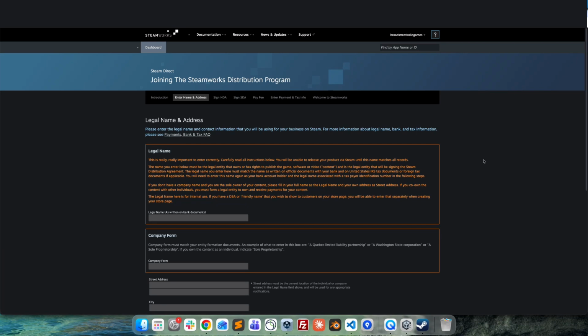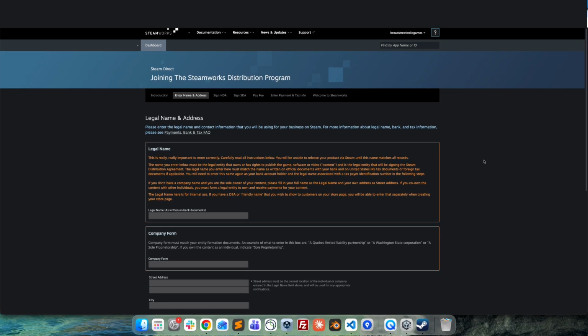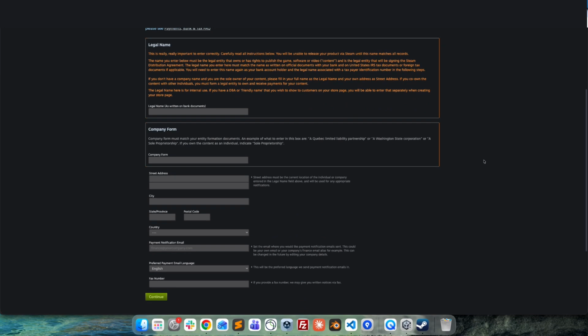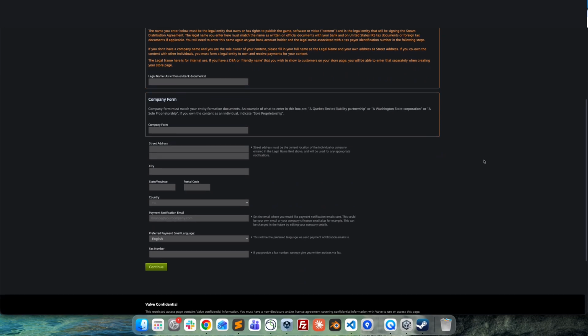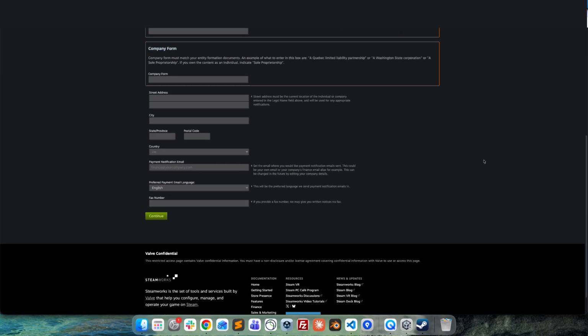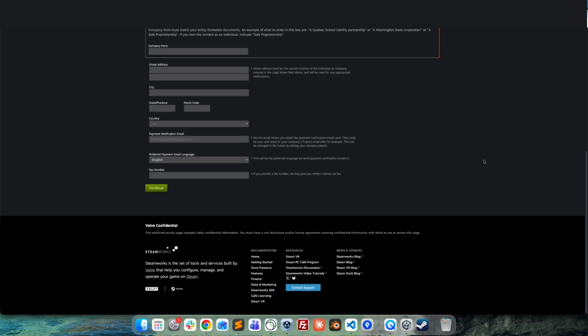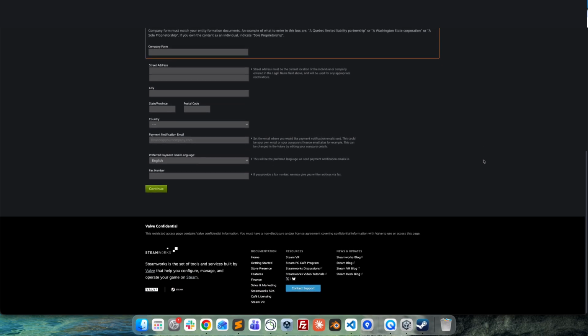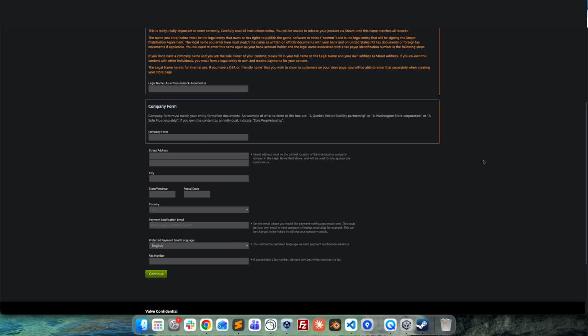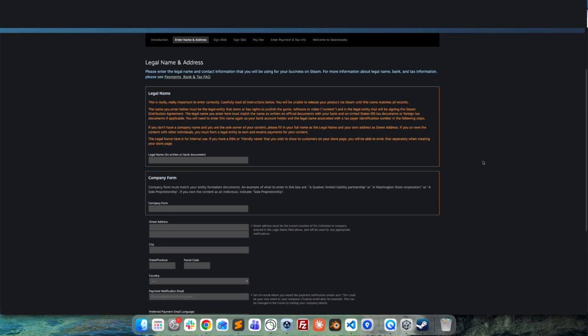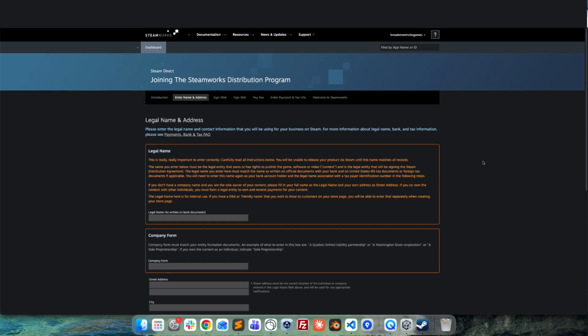The next step is entering legal name. This can be your name or your company's name. The important thing here is that the name should be the full name as presented in legal documents. If it's a company name, type the full legal name of your company. If it is your name, type it as in your ID card or passport. This name is not going to be shown to your customers. This doesn't have to be user-friendly. It should be legal-friendly. If you enter a company name, provide a company email below. I think it would also help.